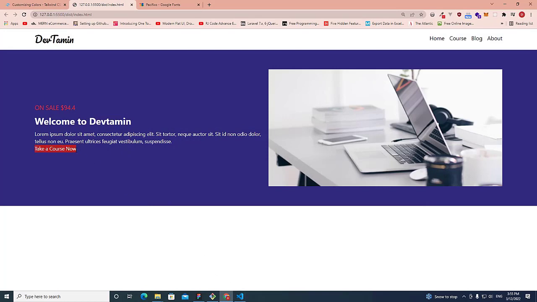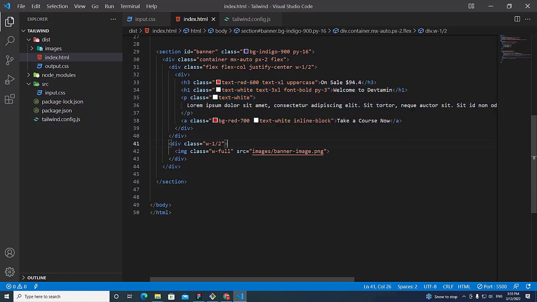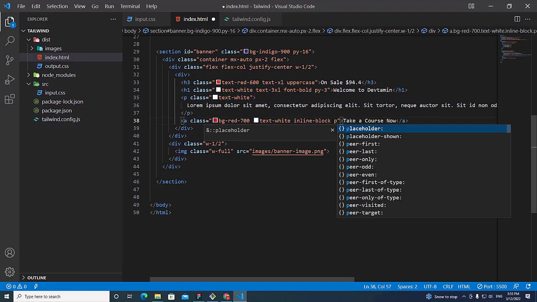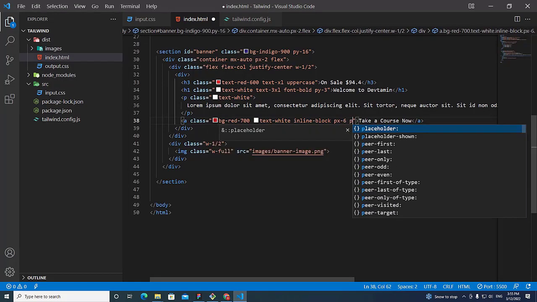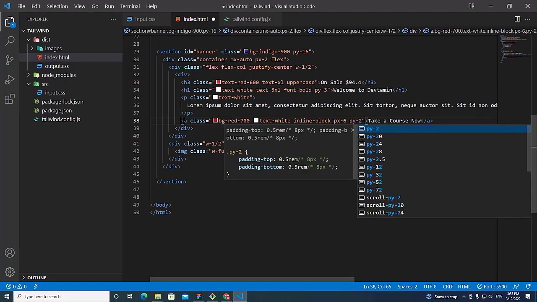So we need padding X and padding Y for this button to make it look good. So px equal 6, I think. Py is equal to